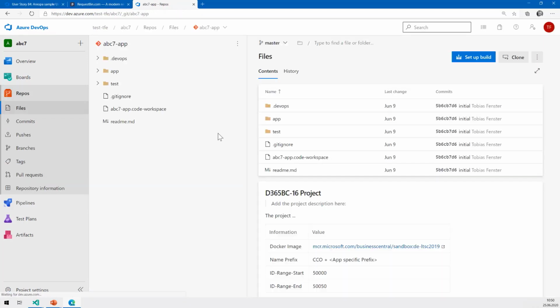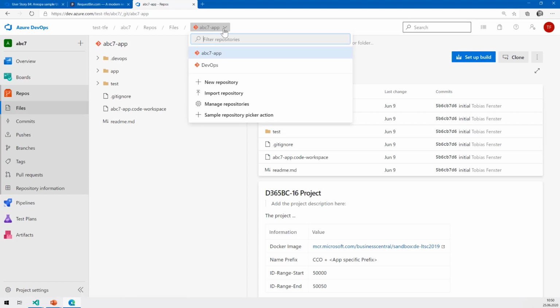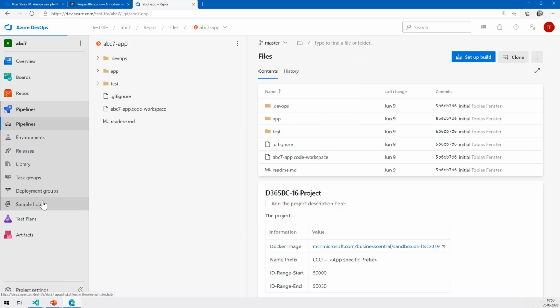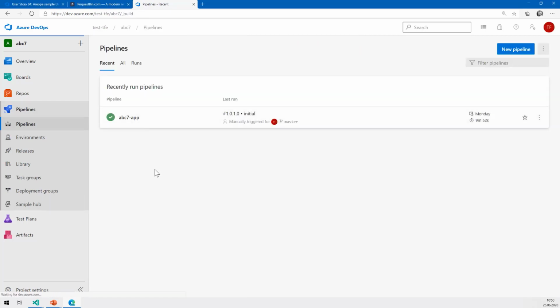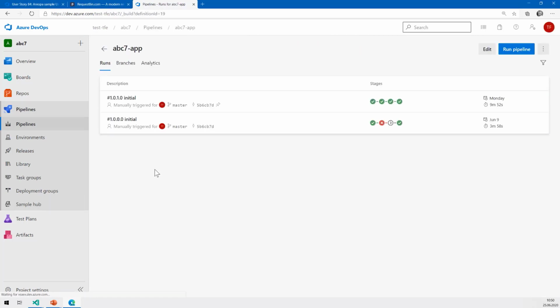We can also deeply integrate in other places. If I look at the repository switcher here, for example, this would be an action that is added by an extension. So whatever comes up as a menu, whatever comes up as a selection, chances are that you can extend it with your own extension there as well. Or for example, if I look into the pipelines and a pipeline run, you get those ones over here called pills. You can add those from an extension as well if you want to annotate it with some kind of information.